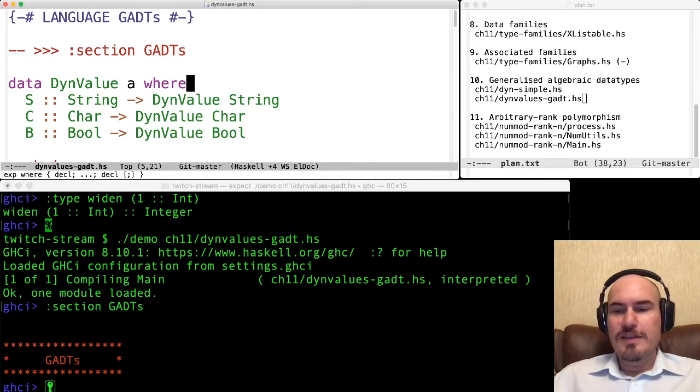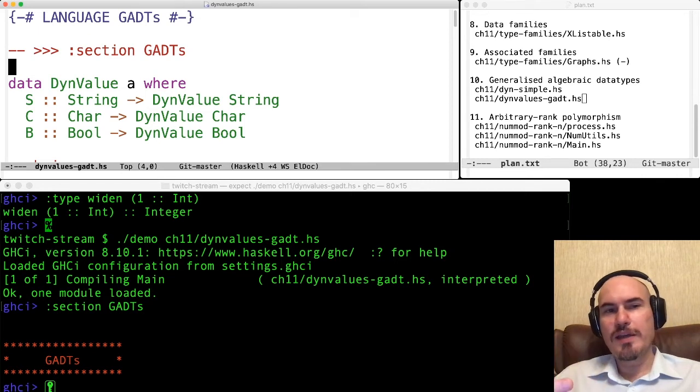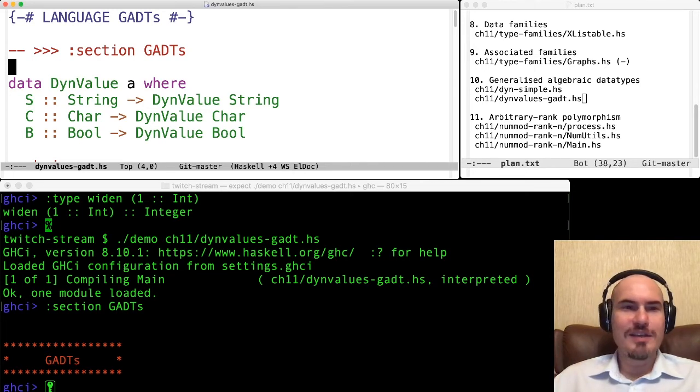Let's define this data type. My idea here is to give you a way to represent dynamic values in Haskell. You know that Haskell is a statically typed language, and every value has its type, and we cannot just simply implement dynamic values of unknown types.